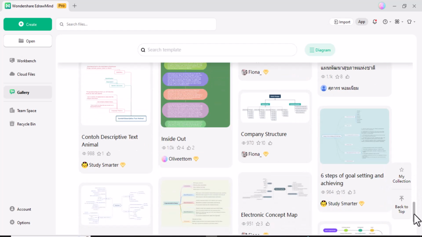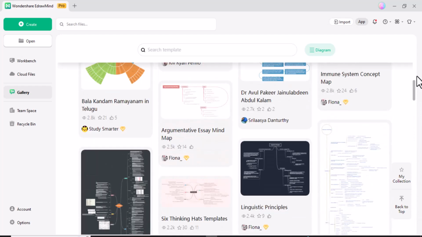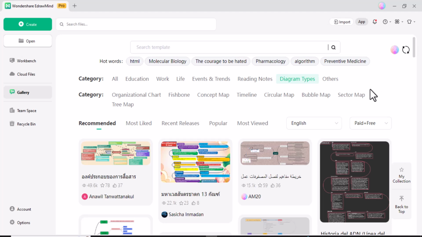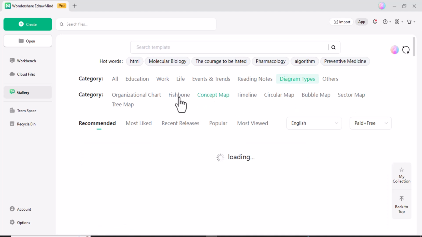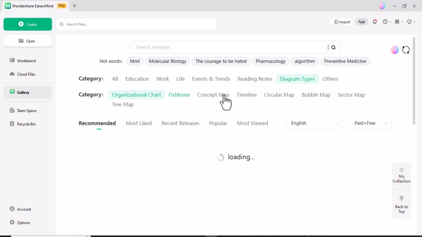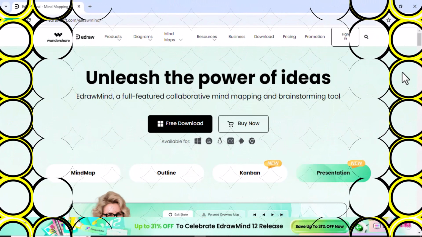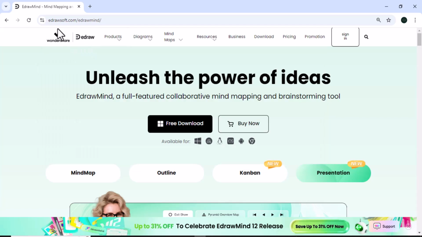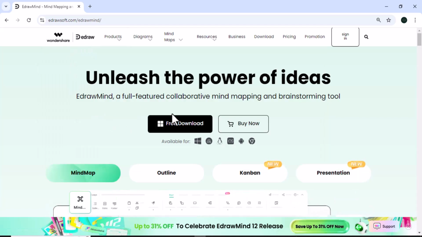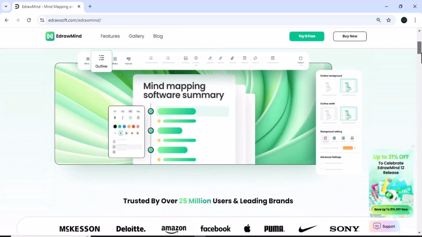If you are looking for a powerful AI driven visual alternative that covers everything from mind maps and flowcharts to network diagrams and UML, then eDrawMind is a perfect solution. Its combination of AI, customization, and collaboration features make it ideal for professionals, educators, and students alike. Visit the eDrawMind website today to start your journey and experience the future of diagramming, whether you are visualizing processes, mapping out strategies, or managing projects.